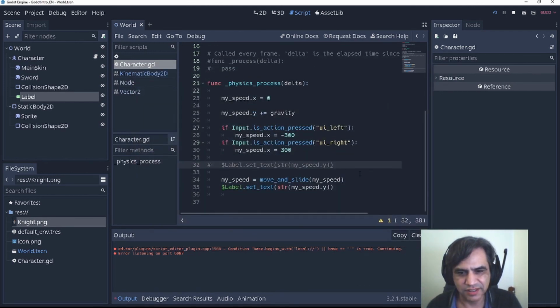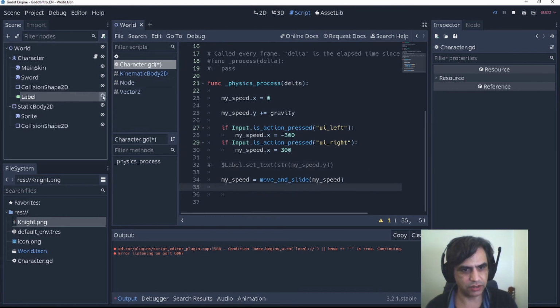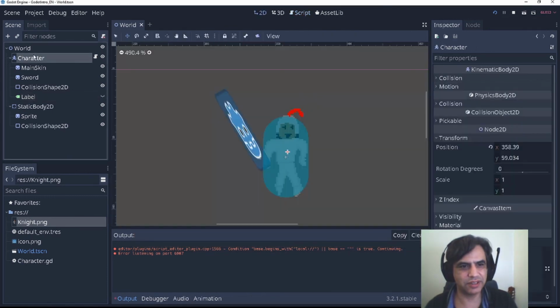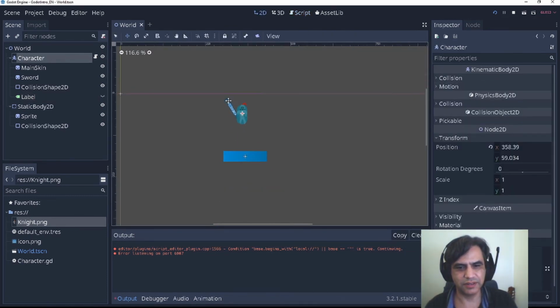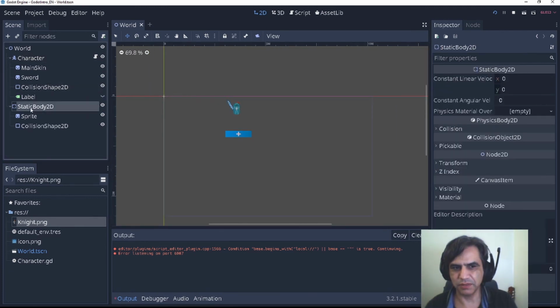Let's have some fun. We don't need this. It's solved. Let's delete this guy. Let's hide this. We might need to check other stuff in the future, so I'm not going to delete that. First let's create a better level. Let's do some static bodies.